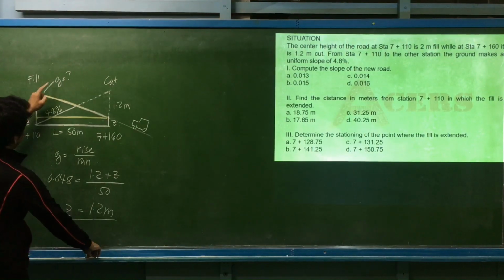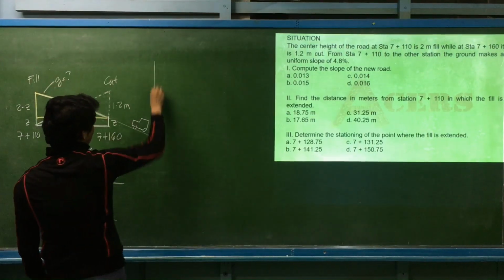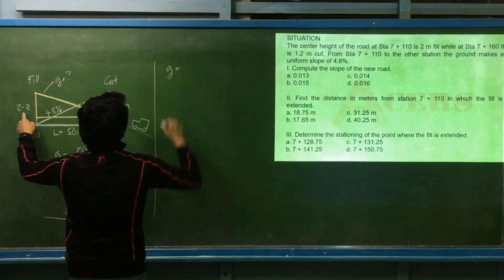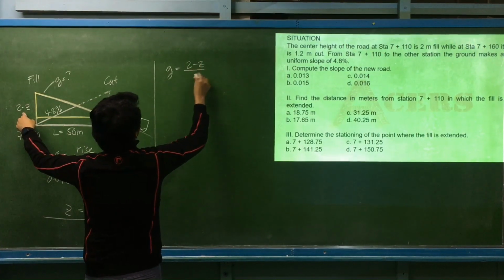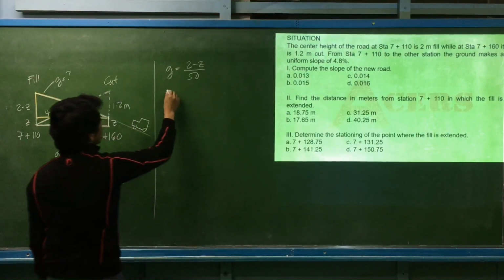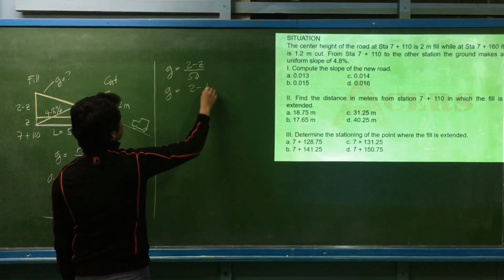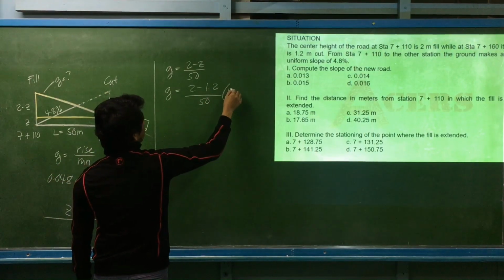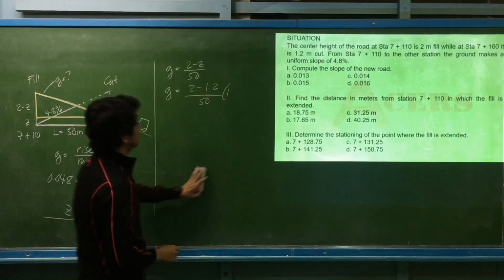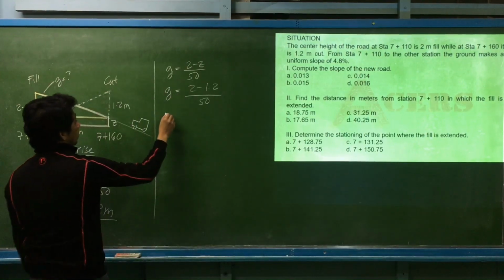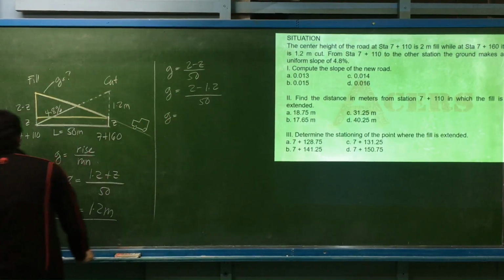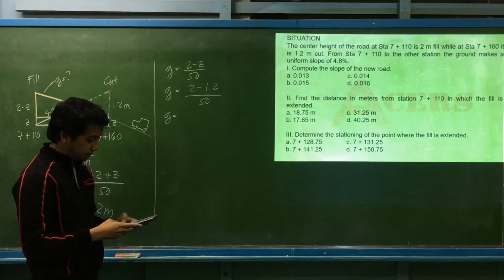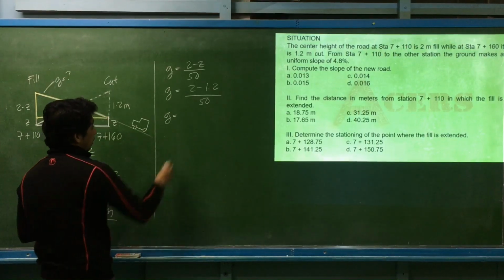So, we have the new slope, the new road. What will be its rise? That is 2 minus Z divided by the run of 50 meters. And the value of Z is equal to 2 minus the computed value of Z, 1.2, divided by 50 meters. It is not multiplied by 100 because it is not in percent. So this is the slope of the new road. So 2 minus 1.2 divided by 50 is equal to 0.016